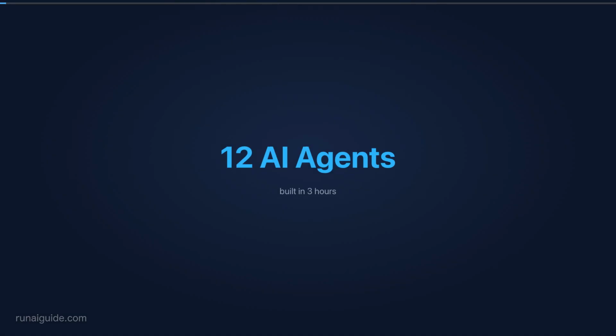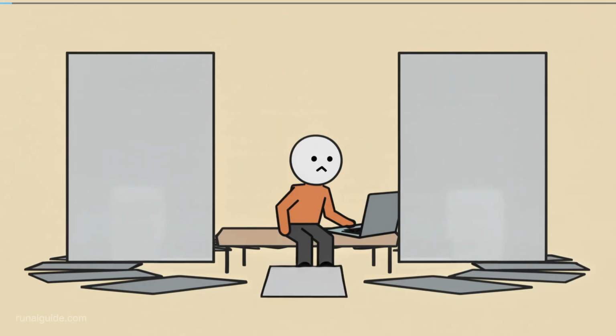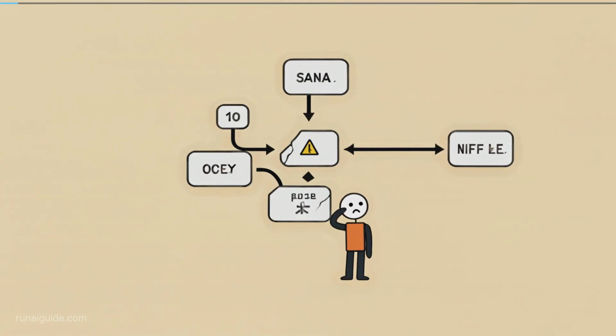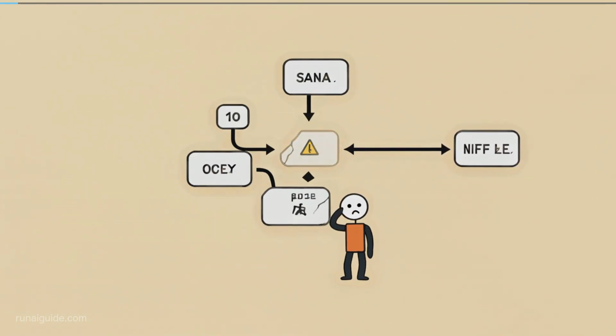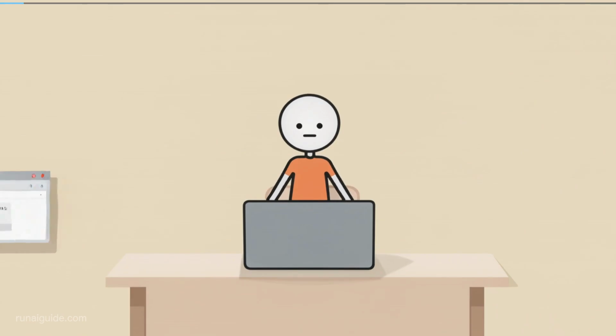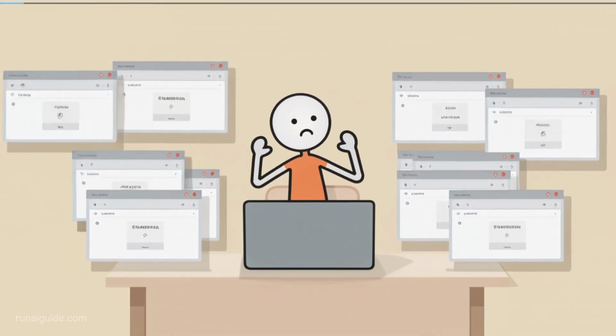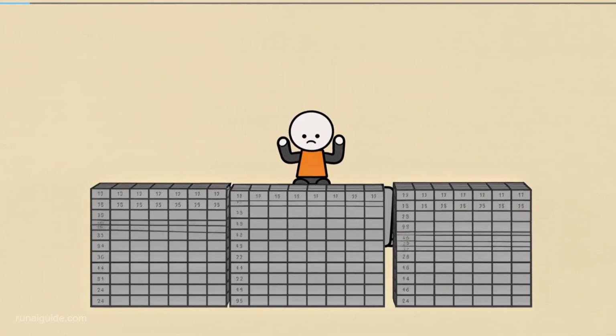I built 12 working AI agents in 3 hours without touching a single n8n node. Everyone's still wrestling with complex workflows while burning weekends learning automation platforms. Here's the system that completely bypassed all of it. But here's the thing, if you build this wrong, the agents conflict with each other and create chaos instead of